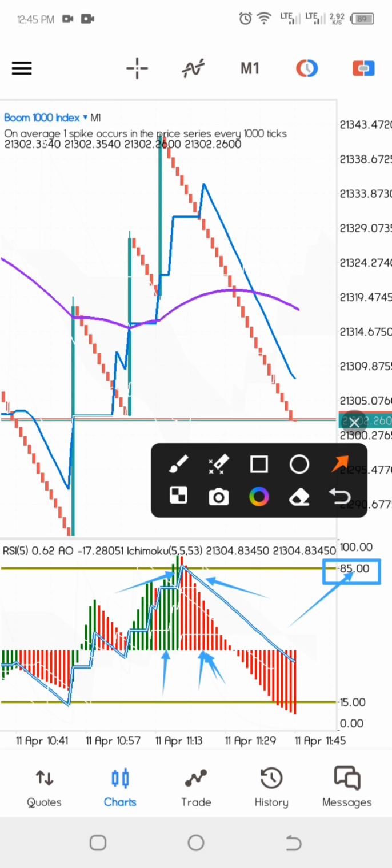Now when these two conditions have been met, which is a probability condition, first we want to see the Ichimoku touch the 85 levels. Second, we want to see the oscillator touch the sell levels, and the third you have to see the oscillator change from green to red. Now once these three conditions have been met, then the next thing we want to see is